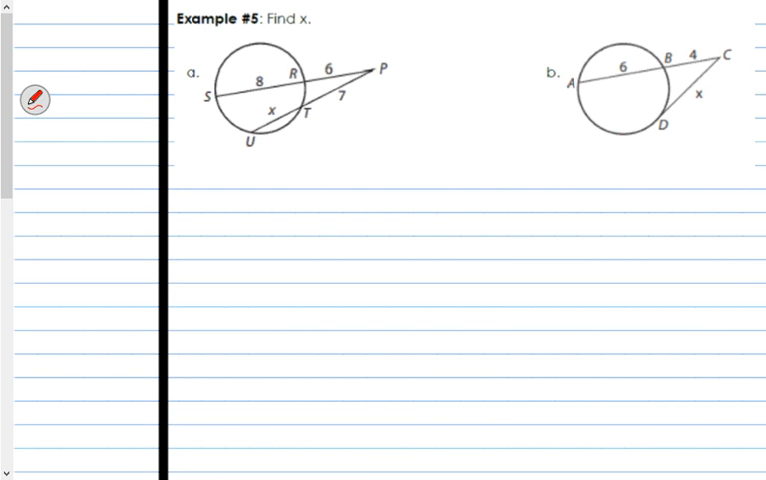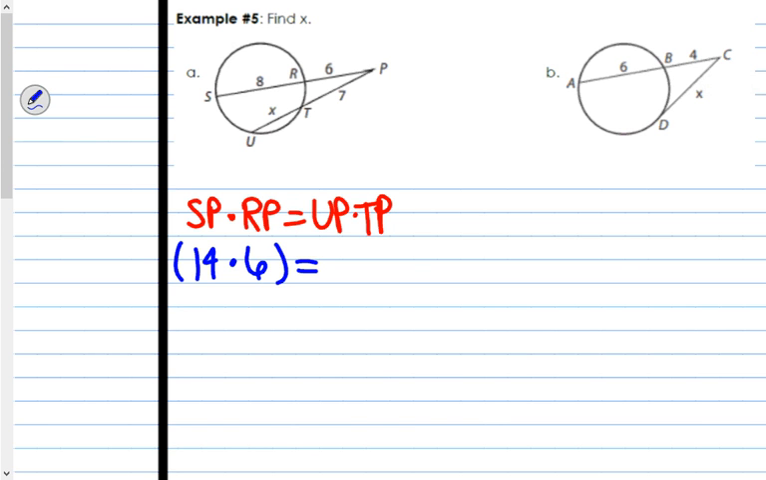Okay? So we're going to do a practice of those, but we're going to do the majority of these in class. So example 5a, we're going to find x. Well, I need the whole piece. So SP times RP is equal to UP times TP. The whole piece times the external piece is equal to the whole piece times the external piece. Well, SP is 14 because 8 plus 6 is 14. RP is 6. So I have 14 times 6 on my left side is equal to